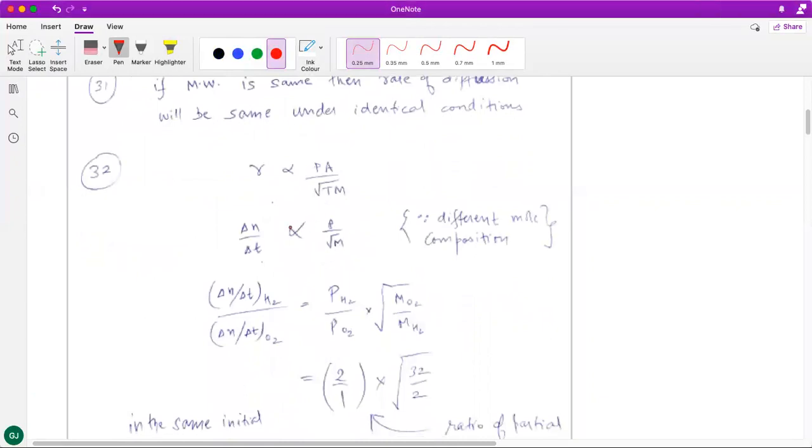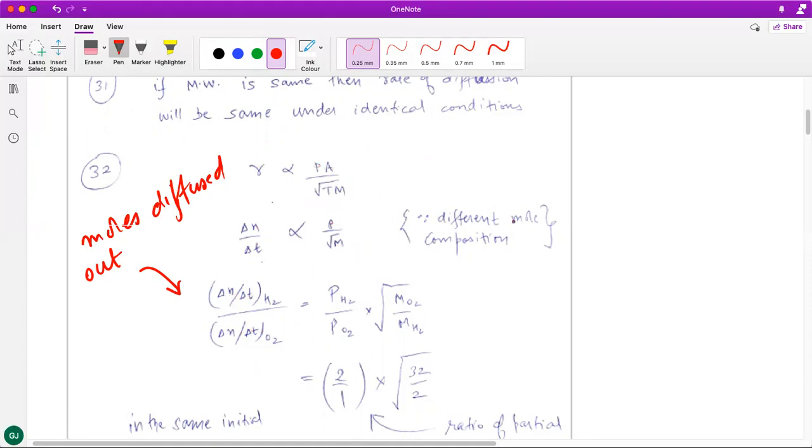Then 32nd question, in this you are being asked about the composition of the gases coming out. So the moles diffused out are going to be part of the rate expression, right? Moles diffused out upon time taken. That will be your left hand side interpretation. The right hand side can be simplified from P, A, T and M to just P and M, because area of cross section and temperature are going to be the same.